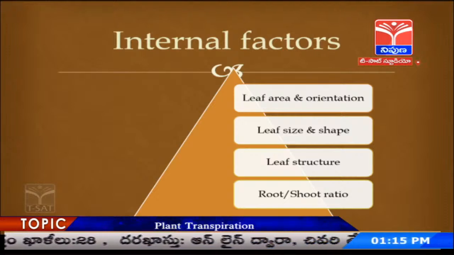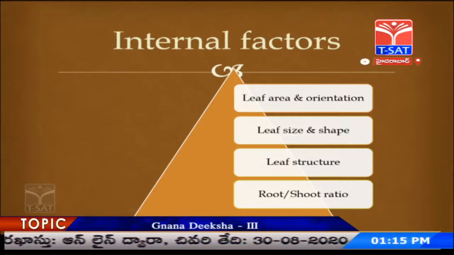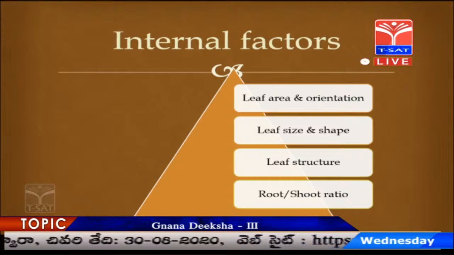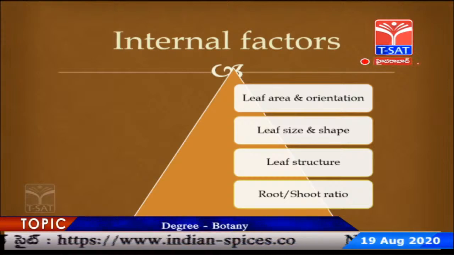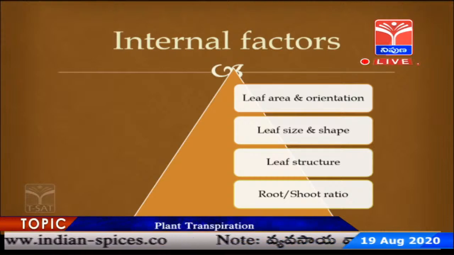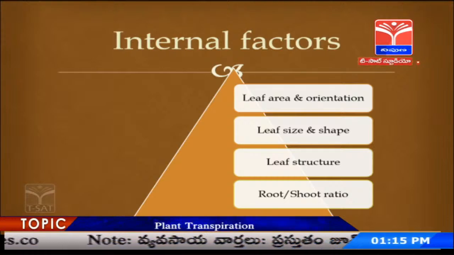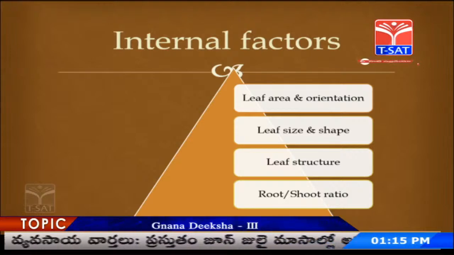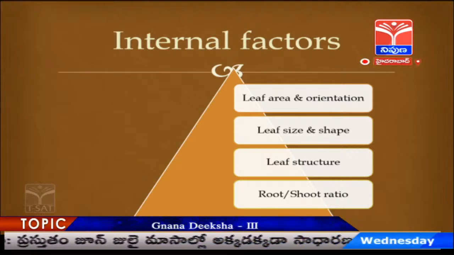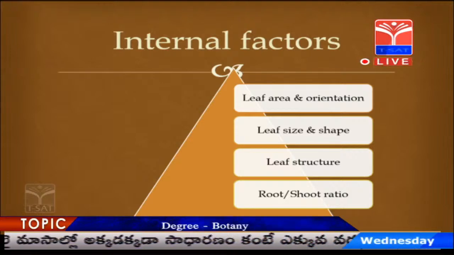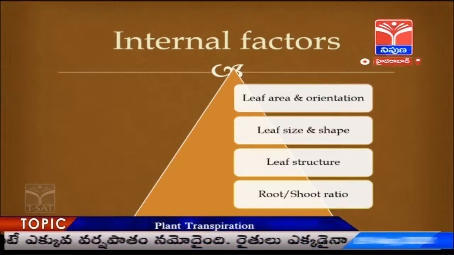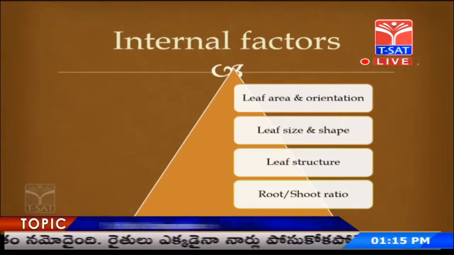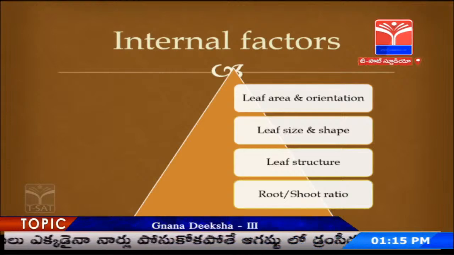If you are looking into leaf area or orientation, what we find is that a large leaf will have widely spaced stomata, so a smaller number of stomata widely placed. A narrow leaf has a smaller number of stomata aggregated together. So, rates of transpiration will definitely differ. Not only that, if the leaves are perpendicular to the incident light, then the rate of transpiration goes up.